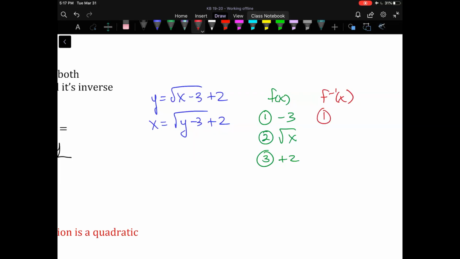So step 1 would be subtract 2. Step 2 would be to square instead of square rooting. And then step 3 would be to add 3. So our inverse,